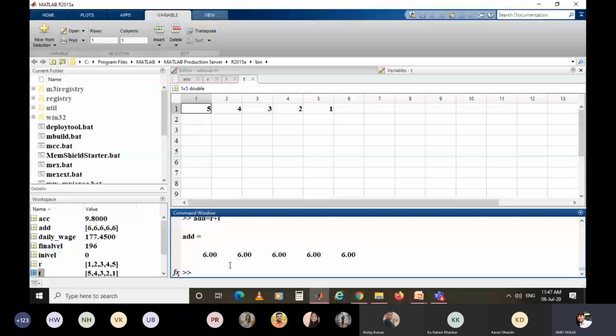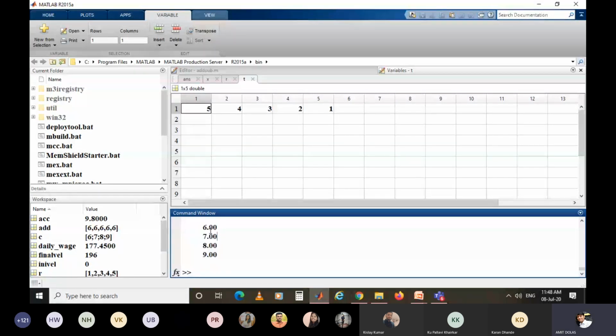But if I want a column vector, it must be in square brackets and separated by semicolons. So 1 semicolon 2, and I will use another one: 6 semicolon 7 semicolon 8 semicolon 9, and square bracket. So it has created a column vector of 6 7 8 9.